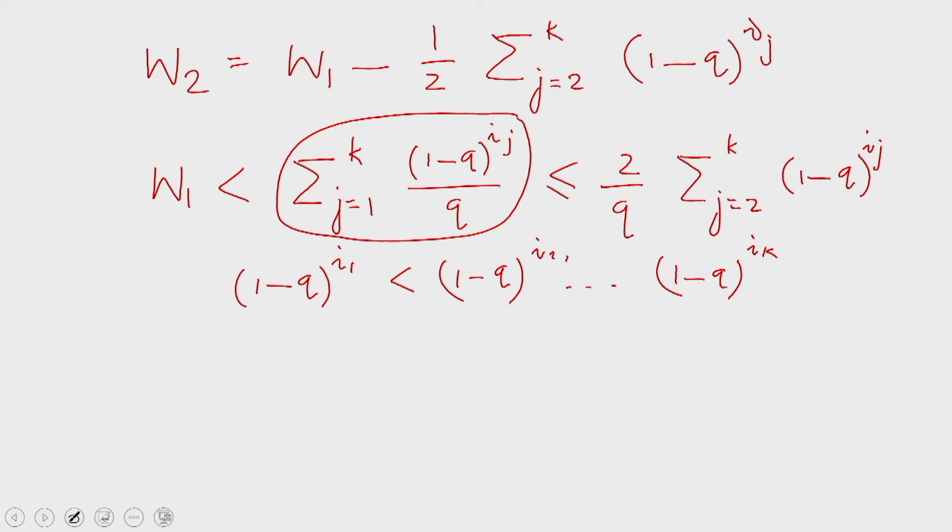Therefore, if I remove the first term and then double the remaining, then the net would in fact be greater than or equal to the original quantity. Therefore, we have this inequality. This circle part is less than or equal to 2 by q times the sum of the second term through the kth term. So, we have that W1 is less than or equal to this quantity,